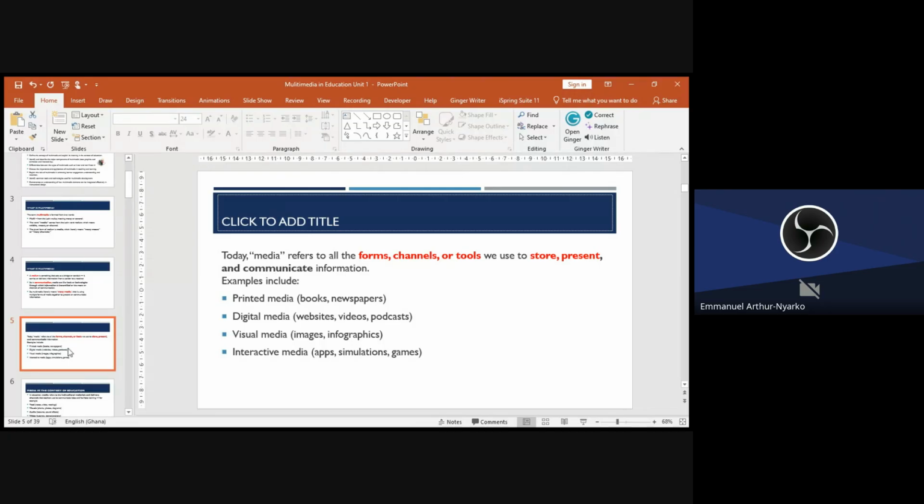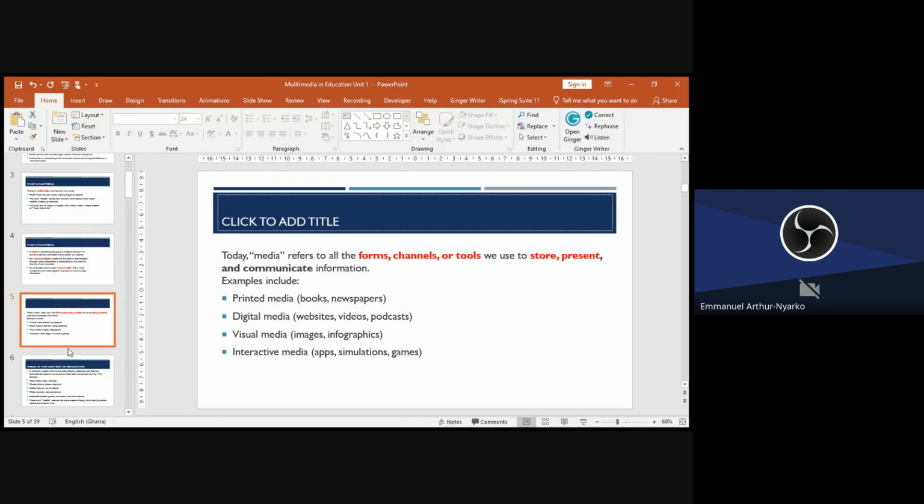Printed media means books, newspapers, and so on. Digital media means websites, videos, podcasts, and so on. Visual media means images, infographics, and so on. And interactive media has to do with apps, simulations, and games.